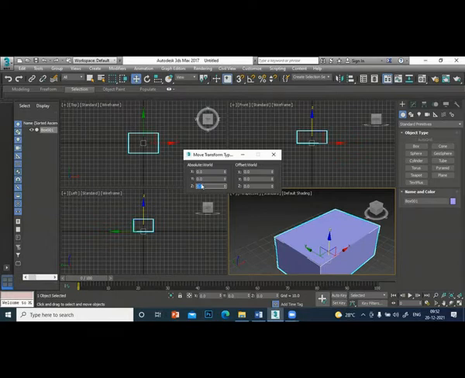Because the absolute coordinate shows you 0, 0, 0, it means your object moved exactly to the central point of that coordinate system. Clear? So this offset is the place where you type the value. So you want to move in the X direction, you type the value in X direction. Suppose I will say 10.